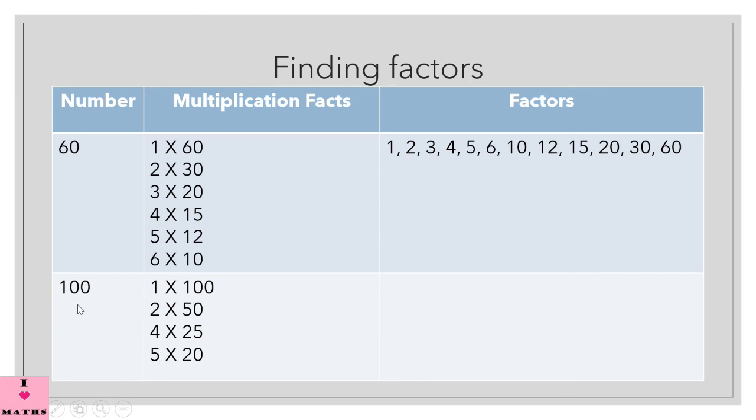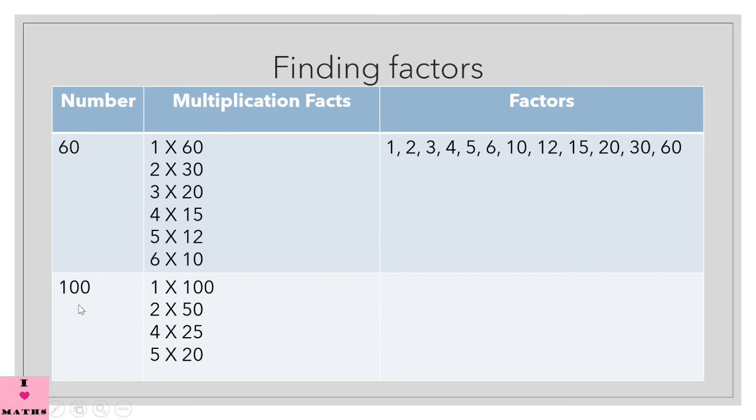Okay, now 100 does not come in the table of 6. You can divide 100 by 6 and have a look at it. 100 does not come in the table of 7 also. 100 does not come in the table of 8. Children, I am doing it mentally. If you want, you can divide 100 by 6, 7, 8 and every time you will get a remainder showing that 100 does not come in the table of either 6 or 7 or 8 or even 9. 100 does not come in the table of 9 also.